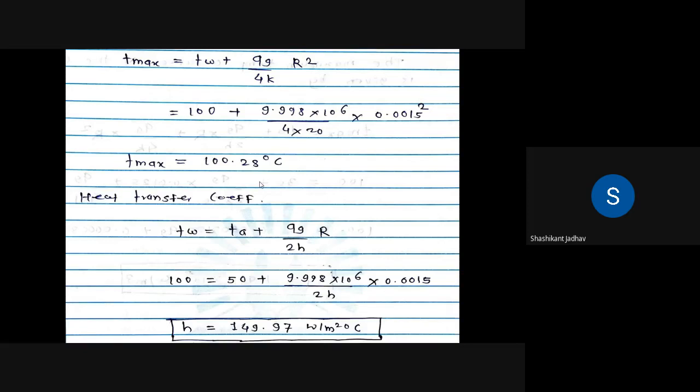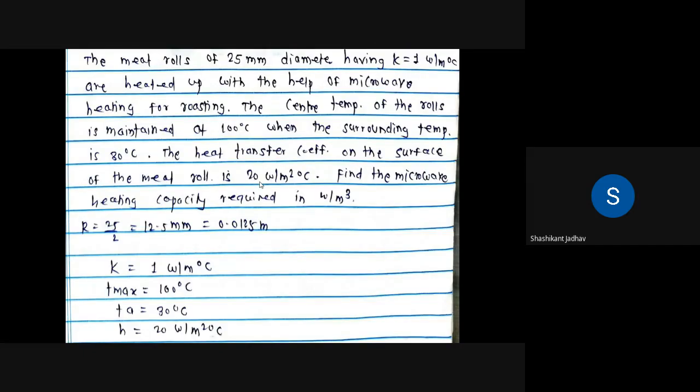Qg is equal to V into I, or V square by R, and resistance is equal to rho into L by A. So that it is easy to solve this problem. Without knowing that concept, it is not possible to solve this problem. If you don't know Ohm's law and the formula for resistance, it is not possible to solve this problem. So I have to remember that equation. Okay, write down the next or last problem on this concept.